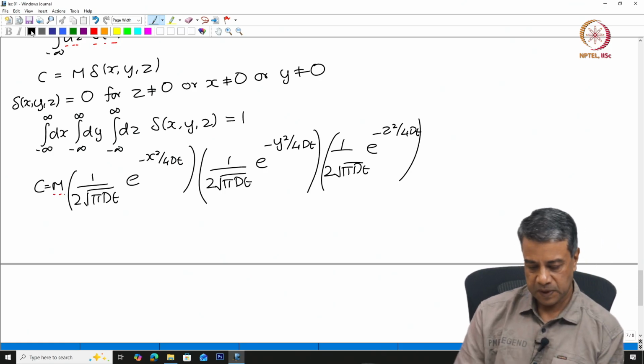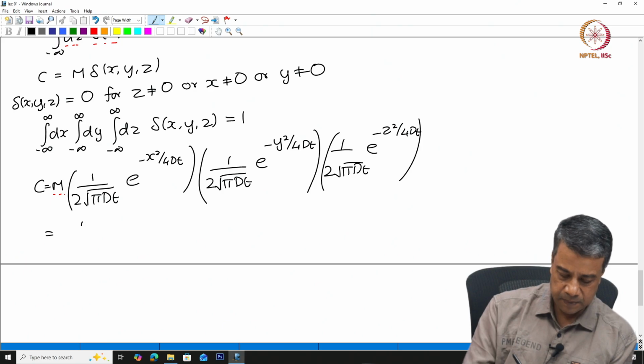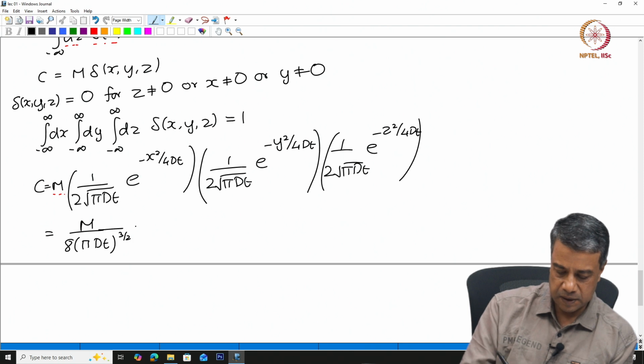Okay. Or I can also write this as M by 8 into pi Dt power 3 halves, okay, e power minus x square plus y square plus z square by 4